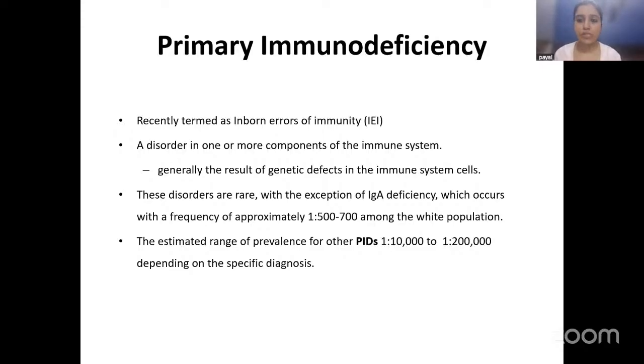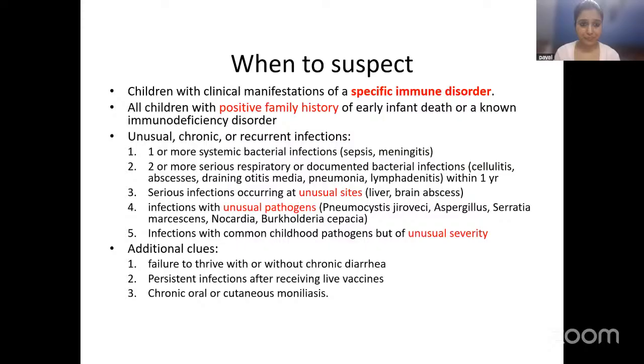And if I were to say, I don't see them daily in the OPD, probably one case. I mean, in the year, you can count on fingers how many cases you have seen. Probably Dr. Neeta has seen more cases. Definitely at our center, we see a number of cases that we can count on the fingers. And IgA deficiency is an exception, but that also is more common in the white population, not that we see it in India. So it's a rare disease. When I say cues, you really have to think that that is the last thing that you have to think. Only if there are specific points that you have to think about.